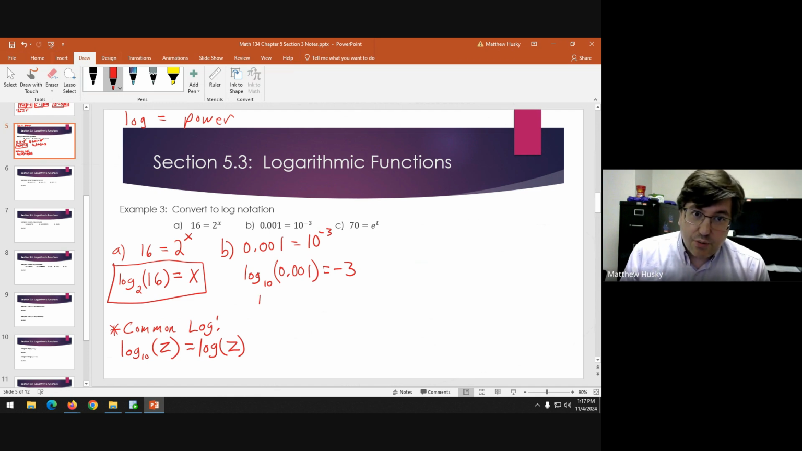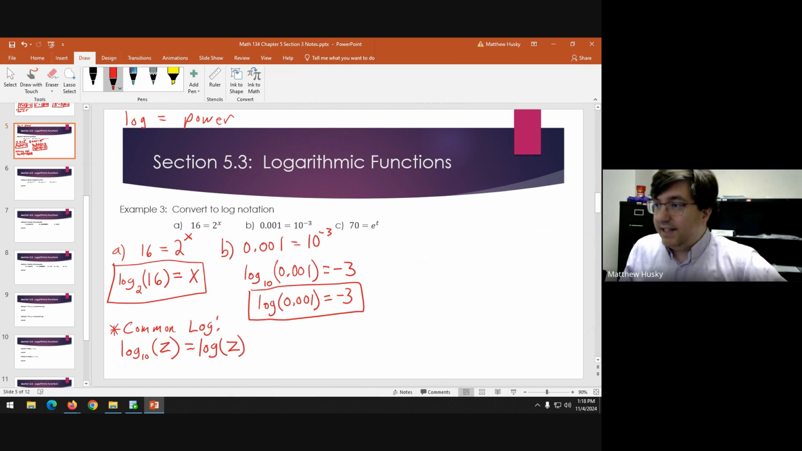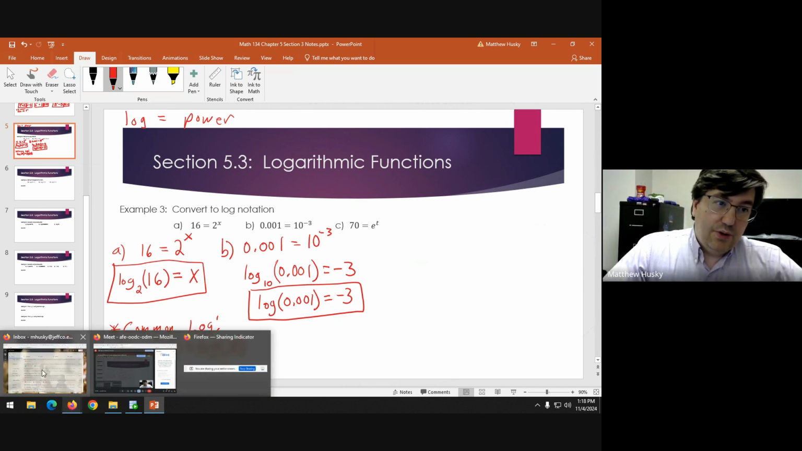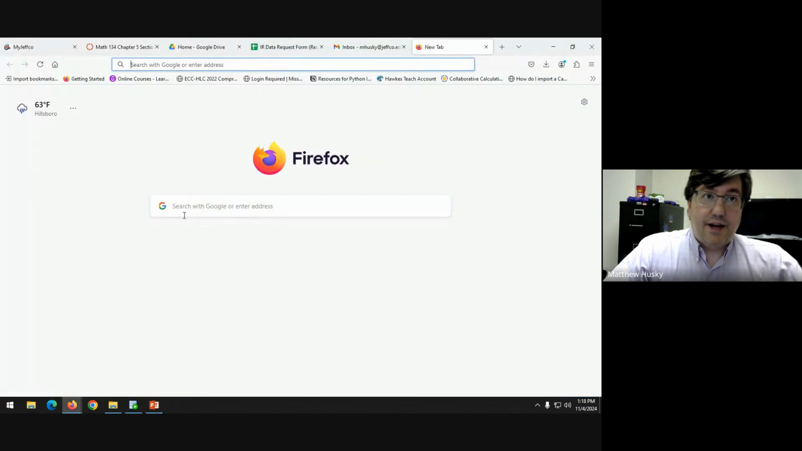So the way that you would write this is you would just say log 0.001 equals negative 3. And if you don't write the base, that just means that it's understood that the base is 10. If we go to a calculator real quick here,